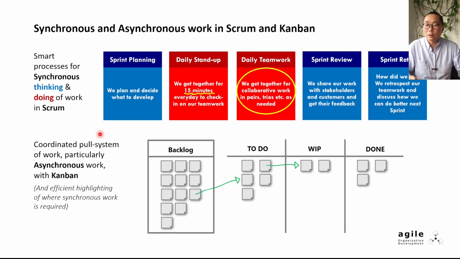Finally, in Scrum, we almost always use Kanban boards. That's because it's a powerful tool to stay organized despite heavy reliance on asynchronous work. Kanban is a persistent, visualized information sharing tool that uses a pull system of work, making it easy to coordinate asynchronous teamwork where things are literally obvious because you can see yours and others' work, and efficiently highlighting areas of work where synchronous communication is needed. Pretty genius, right?